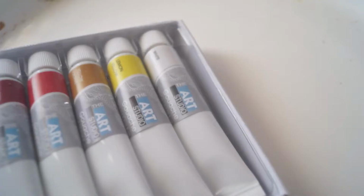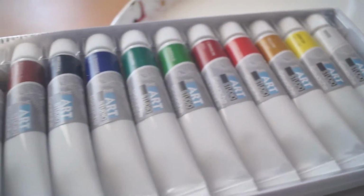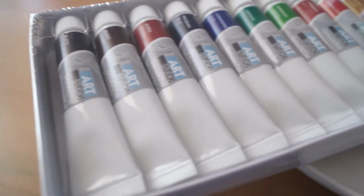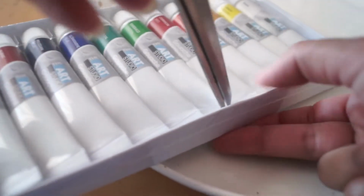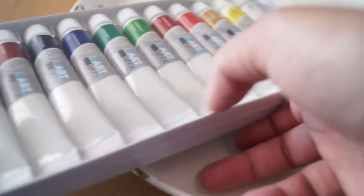the one that I'm using has been gifted by a really good friend of mine, and she decided, hey, why don't you try out gouache for the first time? So here it is. It's the Art Studio gouache. It's a 12 set